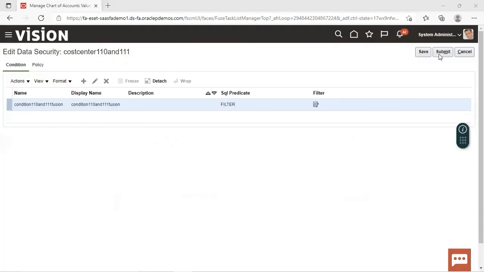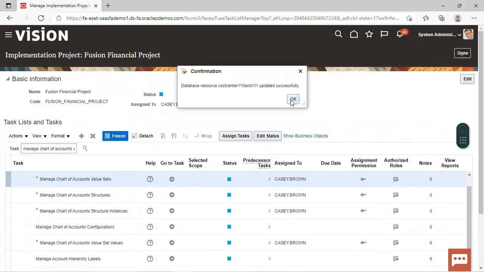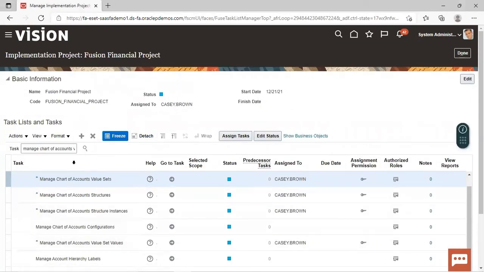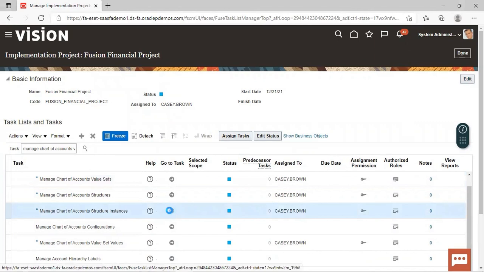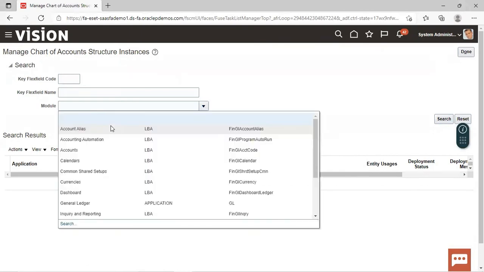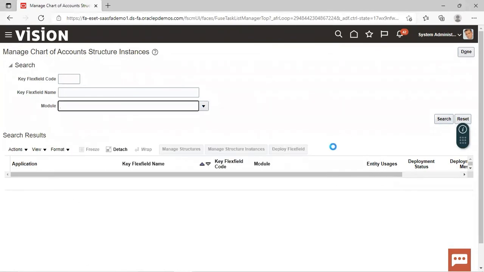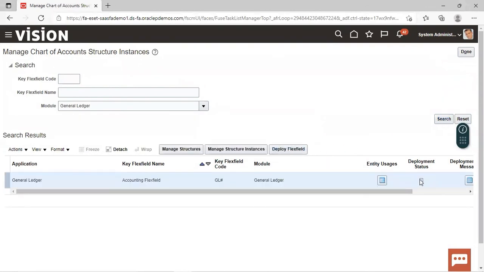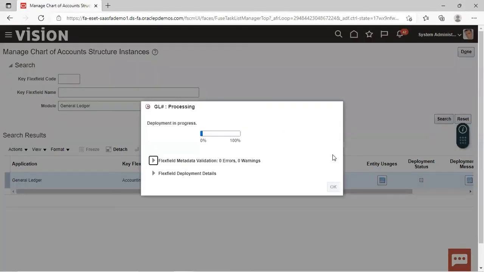And after doing this, we'll just submit it, and you will see that there is a change in the flex field. So we'll also have to deploy the flex field. From here, we'll just go to the structure instance. As we have made the changes, we'll have to deploy the flex field. So we'll search the general ledger module. And if you can see, the deployment status is edited. So we'll have to just deploy the flex field. And once this is done, we can click on